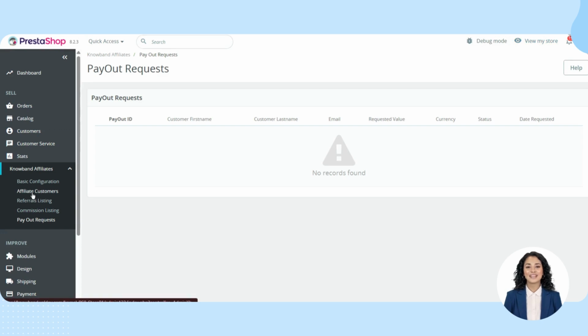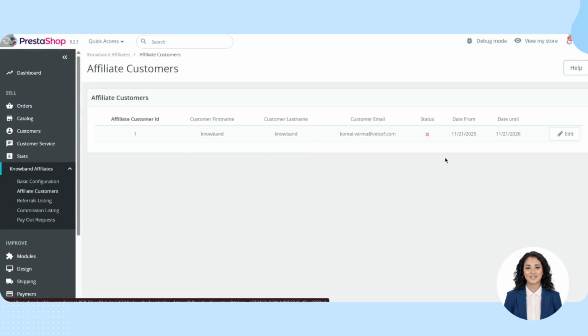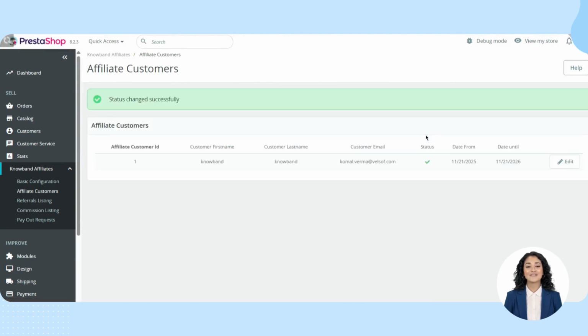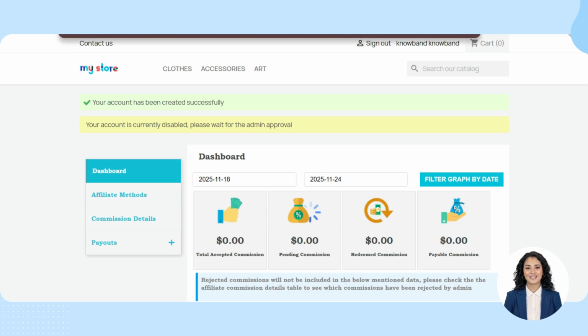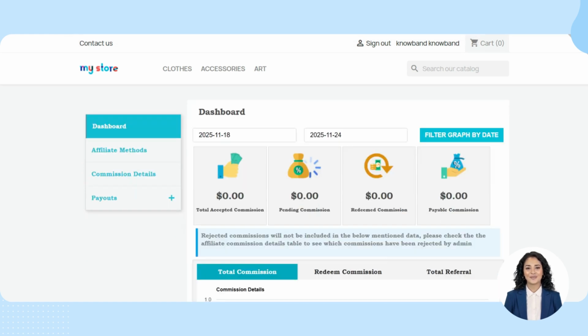The affiliate will be shown to the admin in the affiliate customer listing, and there, by default, it will be disabled. The admin has to enable and configure it to be accepted. Now, once the admin has enabled the affiliate customer account and you refresh the affiliate account, it will show a